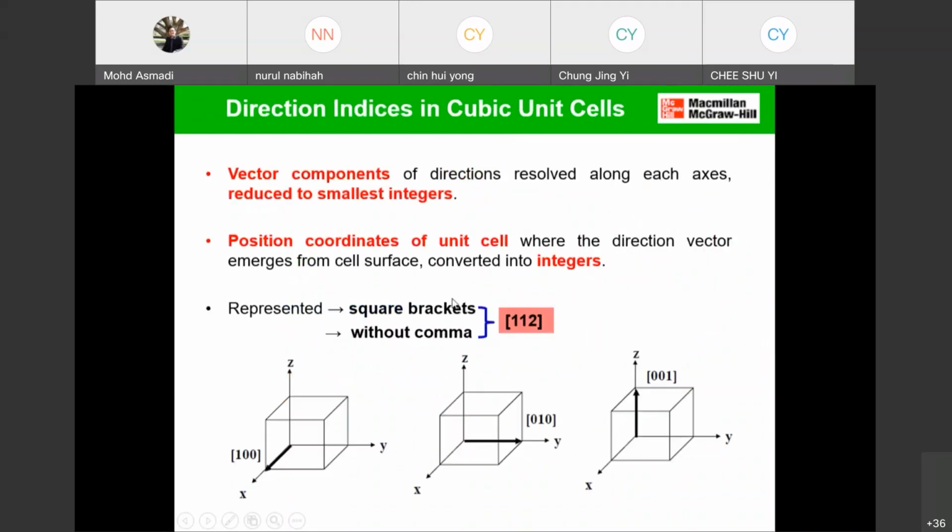So the direction indices are actually vector components. Vector components we can calculate, resolved along each axis and reduced to the smallest integer. What do you mean by smallest